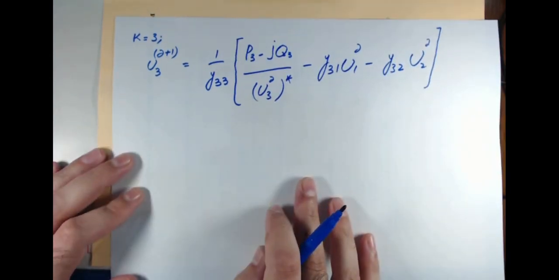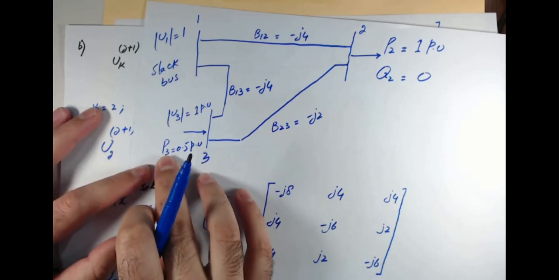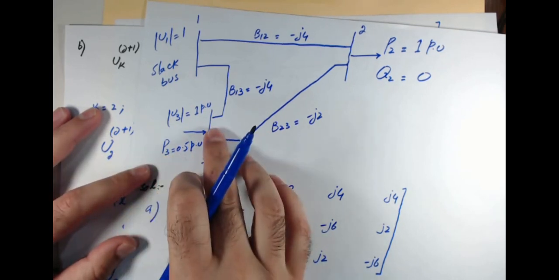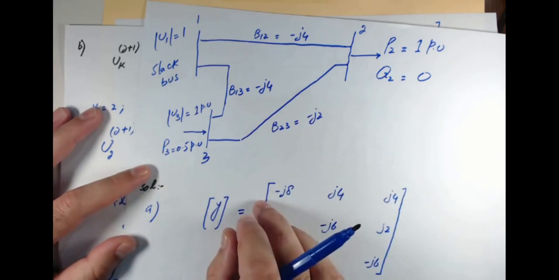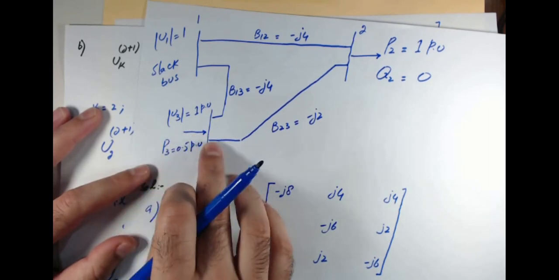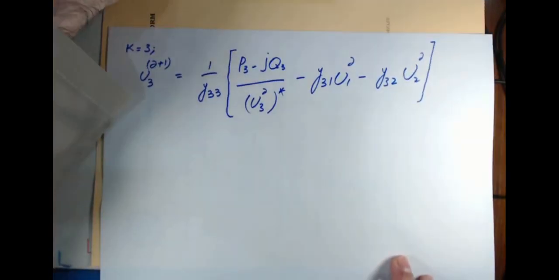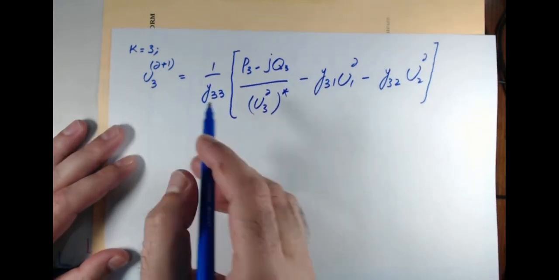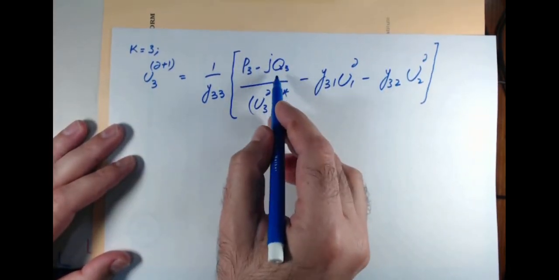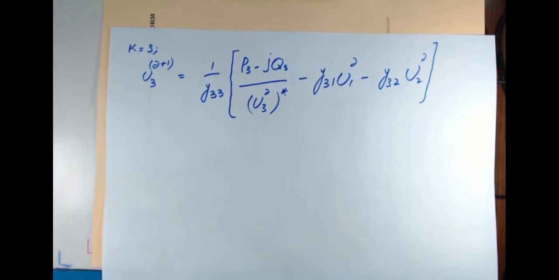So as this is the voltage controlled bus, we know P3, and we don't know the value of the Q which is required in calculating the voltage at this bus, as it is a voltage control bus and the P is injected. So according to the sign convention, this will be taken as positive. But before we calculate the voltage, we need to find Q3 because it is not known. So now Q3 has to be calculated,